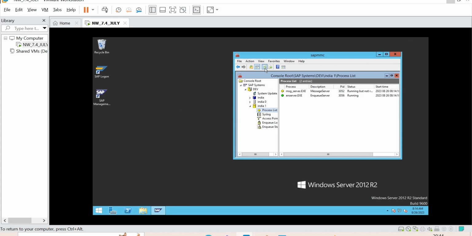I'm refreshing. This is the refresh button. If I continuously refresh, what happens? The system will hang. Refreshing means I keep on loading my system, giving load to my system. It will show you the present condition, that's it. I don't have that much patience, that is the reason I'm pressing this many times. But you don't do that.